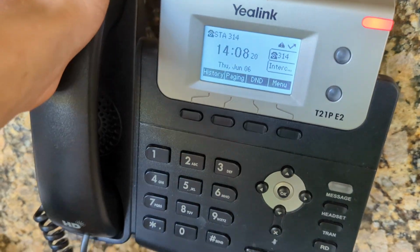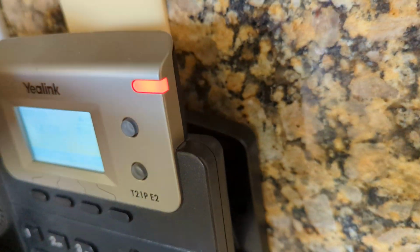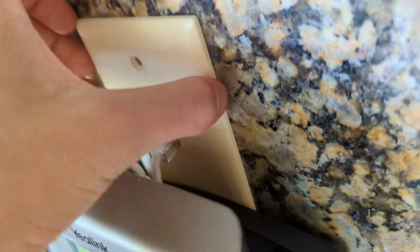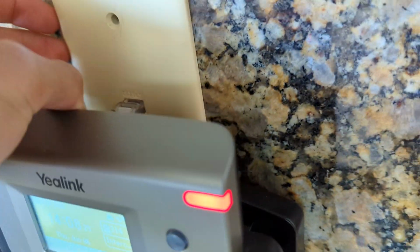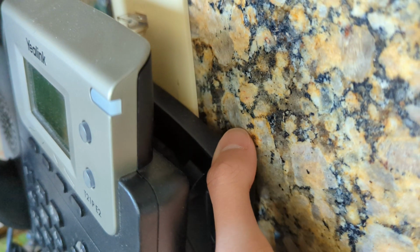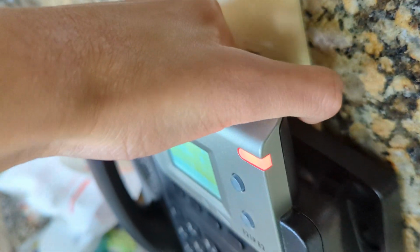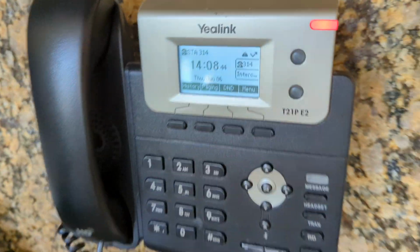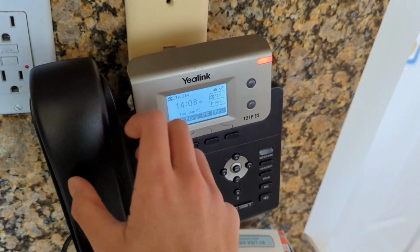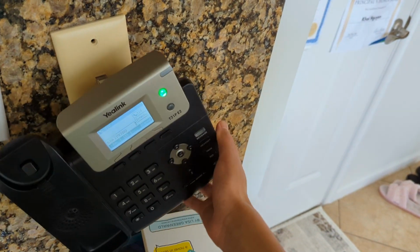drilling holes into the wall, right? Because, well, you can think about the disaster that could happen. So I unscrewed this Ethernet plate, and then I actually just slid the phone onto the screw that was extended a bit, and then it could slot right in. It's not a good mounting practice since, as you can see, this thing can